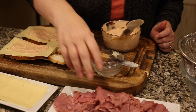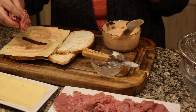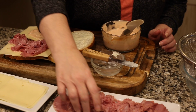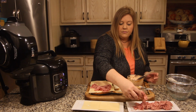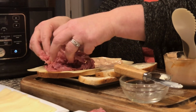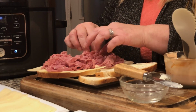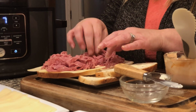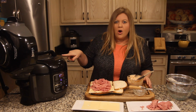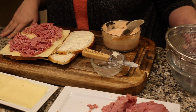Okay, so now we're going to get some of our corned beef. I have 6 ounces of corned beef, which is plenty for 2 sandwiches. We're going to put about half on. Okay, so this is just about to come under steam. So I'm gonna let that go for 5 minutes. Then we'll open the lid, I'll get it out, and I'm gonna actually put it through this colander just to